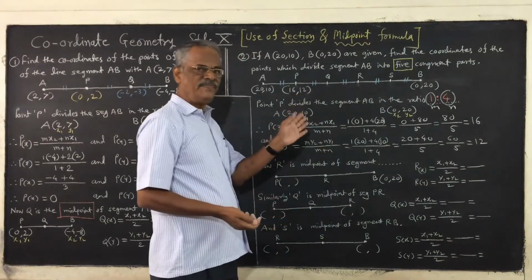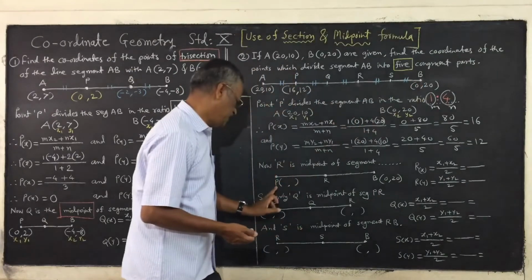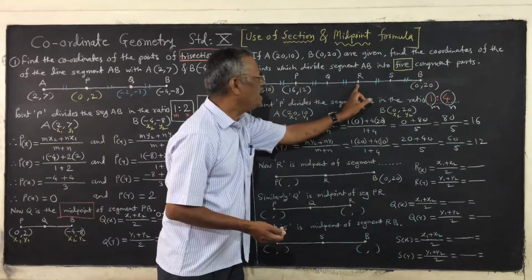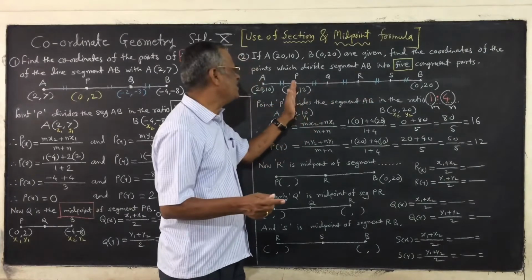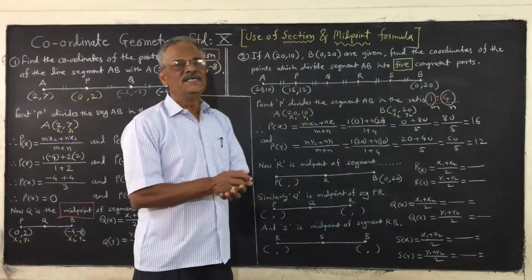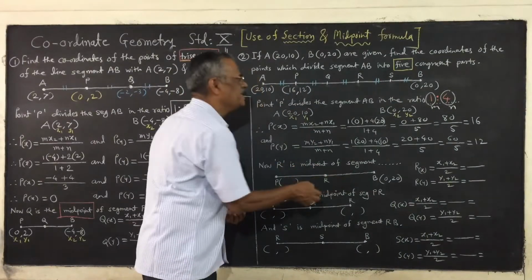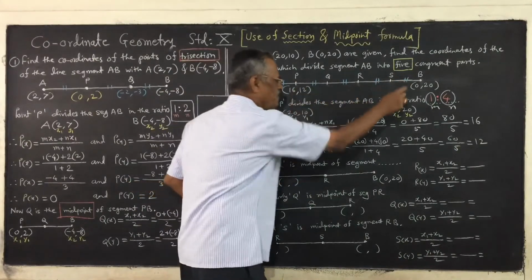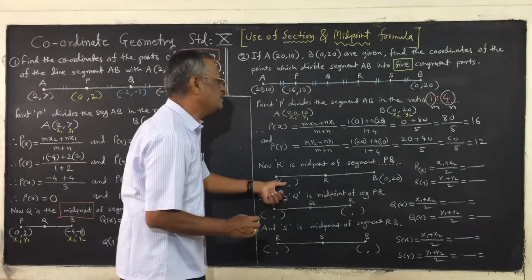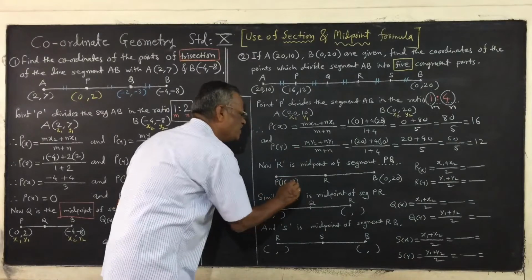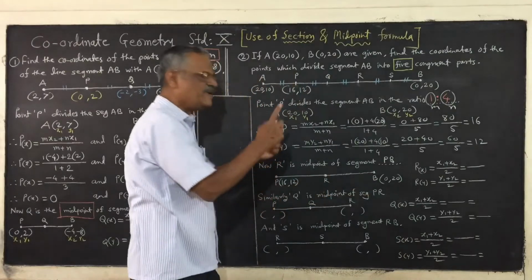Now after that, very simple for you. If you think of segment PB and R, you think that R is dividing the segment PB into 2 equal parts. So in other words, R is the midpoint of segment PB. This is the name of that segment. And P coordinates are there. What are the coordinates of P? It is 16 and 12. Coordinates of B are already given in the example. Now we can use the midpoint formula.